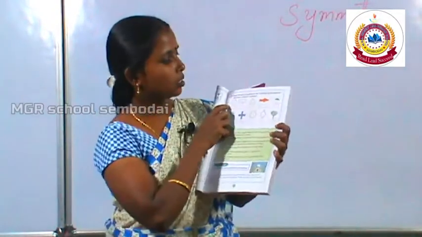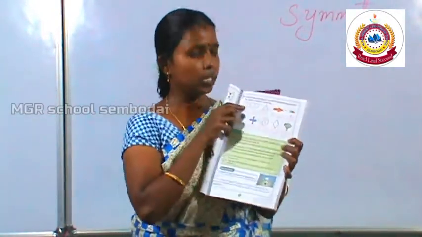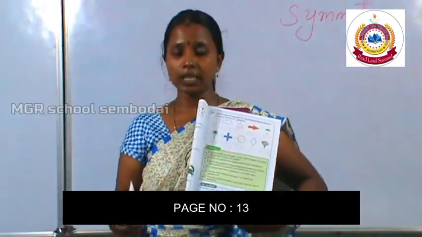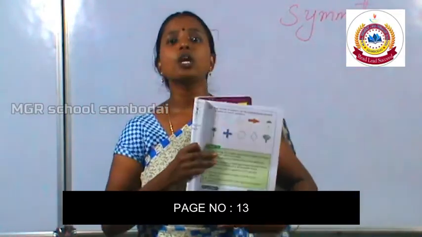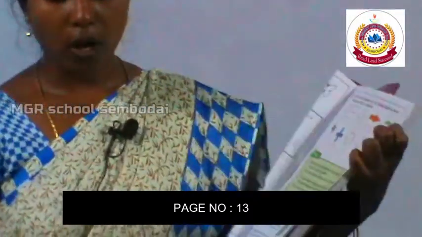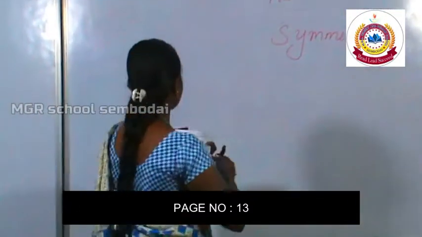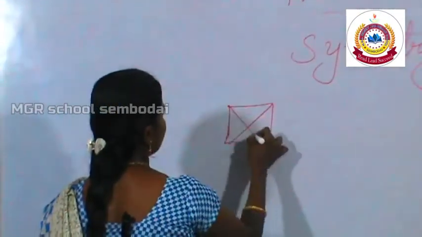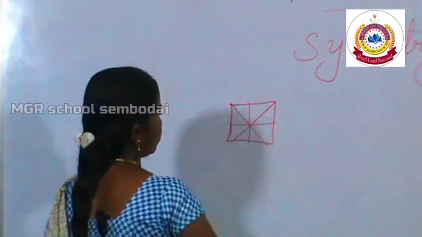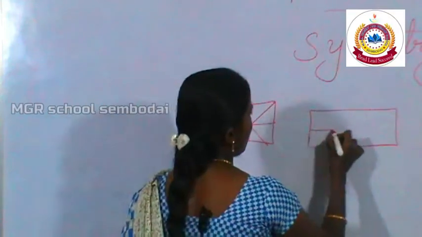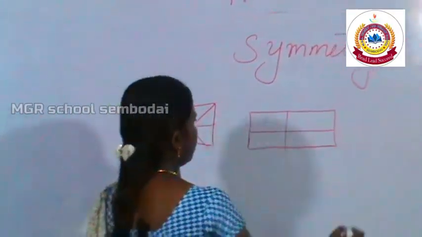Next one, draw the lines of symmetry for the following figures. Here the square, as I told you earlier, has 4 lines of symmetry. Draw the 4 lines: one, 2, 3, 4. The same way you have to draw for the rectangle: 1, 2. For the triangle,